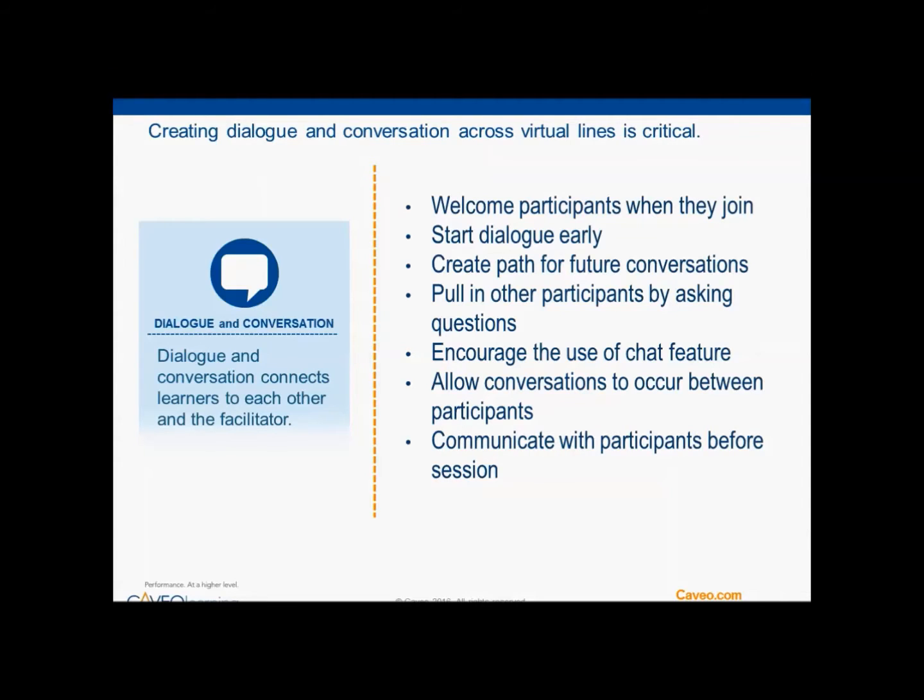And as those connections are happening, the facilitator can pull in other participants as they join or along the way into that conversation by pointing to them directly. So a dialogue is happening between the facilitator and another participant, and the facilitator can reach out to a third participant and say, so, Sam, what do you think of that? Or whatever kind of question that's pointed directly to that next participant. That all can happen, and just like you would in a room face-to-face,